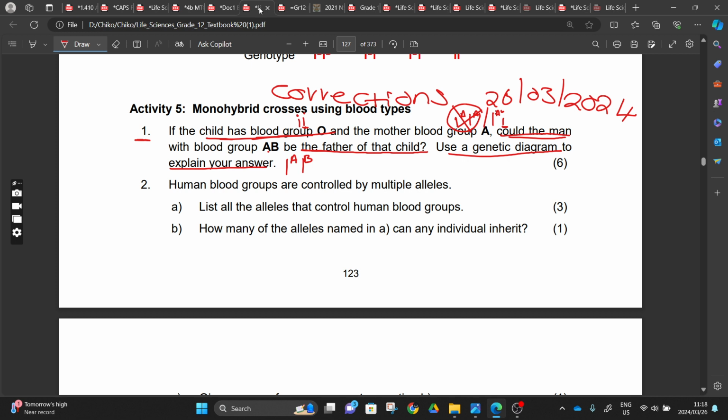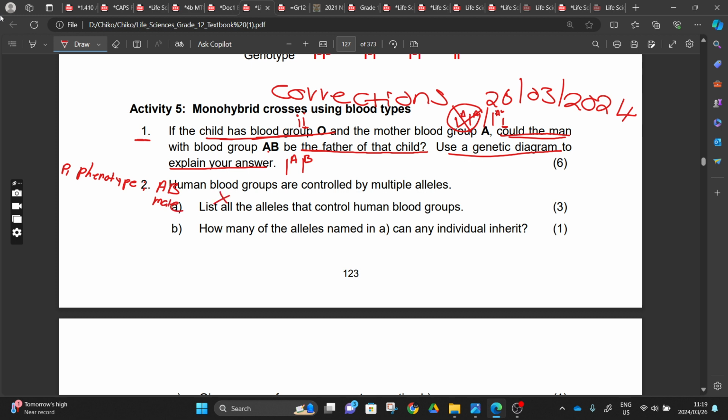Then what do you mean? Since you are saying no, use a genetic diagram to explain your answer. Well, when you are giving the genetic diagram, you will be explaining your answer. How will that be possible? You are going to say, okay, P1, and then you say phenotype. You know, when you write everything, I told you, when you write everything, you're going to say phenotype, and then phenotype will be a blood group, father here. It will be AB, male,